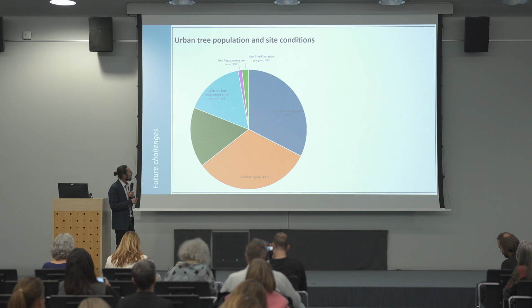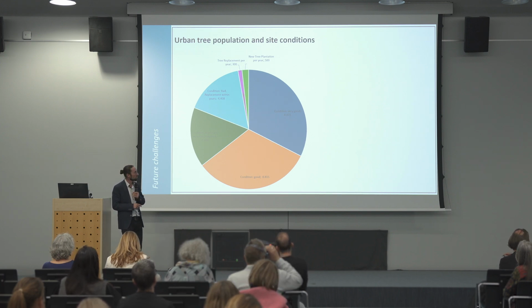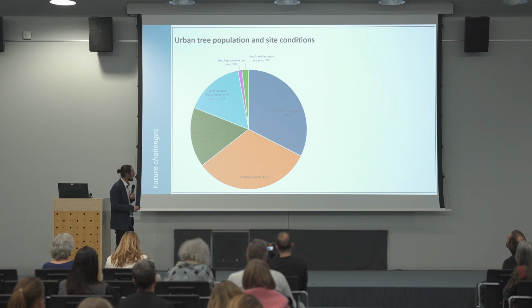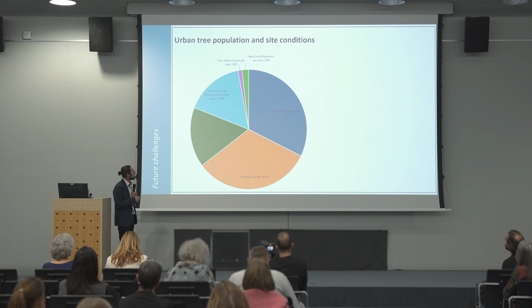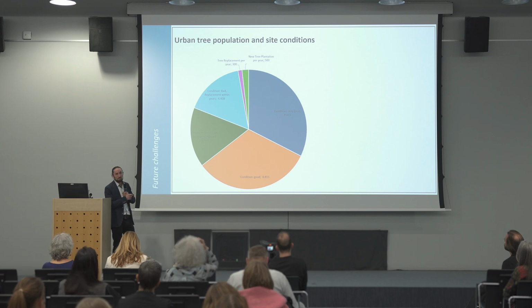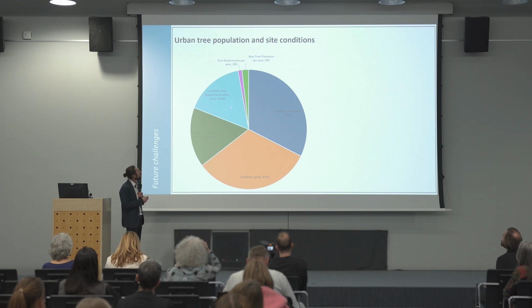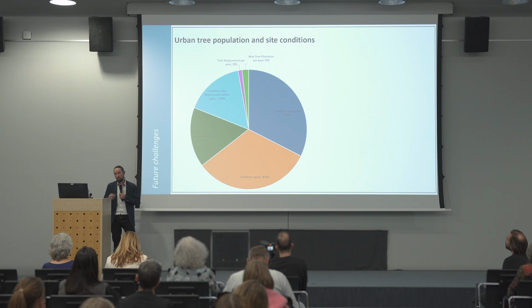This is our analysis of the condition of our tree population. We see that 1/3 of the tree population in Graz is quite good, one is good, and there's 1/3 which is already moderate or bad. There are measures required, or they will die within some years. And over there you see the tree replacement per year. These are the trees which die and were planted new, around 300. And this is my work, the new plantation, 500 now.